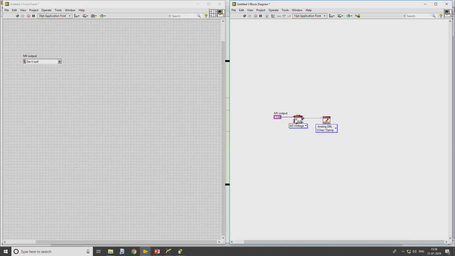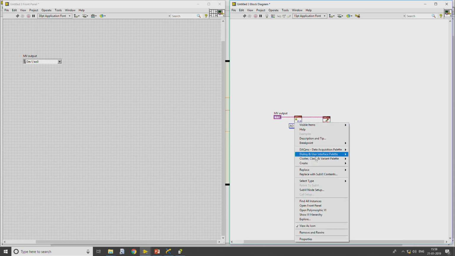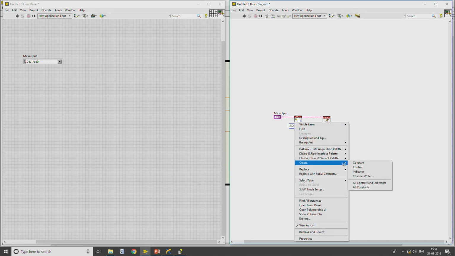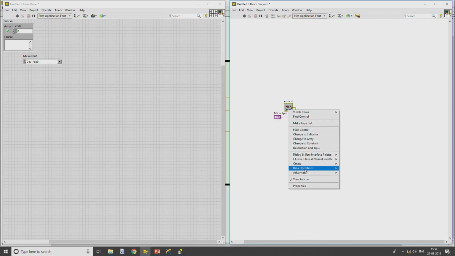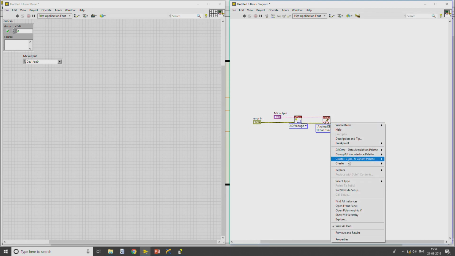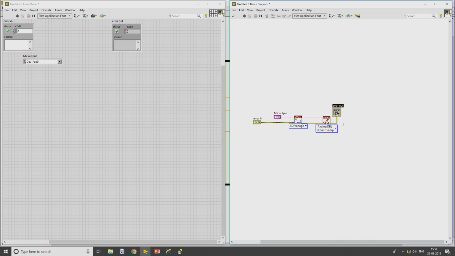So, I have created a task which contains this physical channel, then I will create an error control, and the output of this will be connected here, then create indicator.